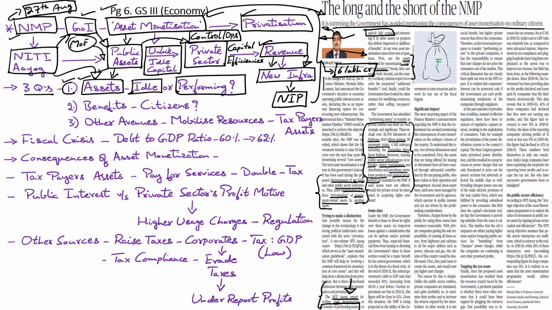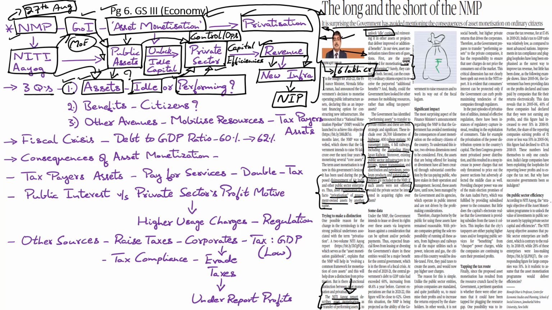If these are performing assets which serve a key economic and strategic purpose, then why in the first place would the government be looking to monetize them and hand over these performing public assets to the private sector? And on the other hand, if they are idle assets, then why would the private sector show any interest in